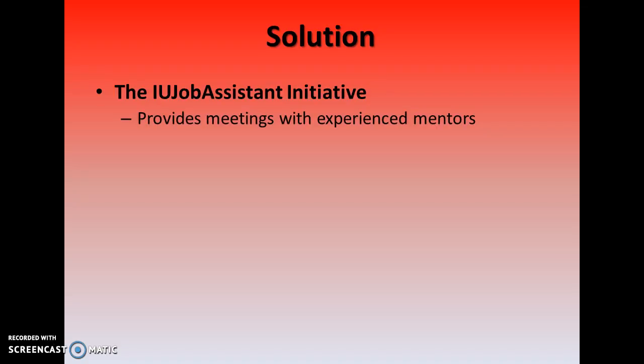So the IU Job Assistant Initiative would provide meetings with experienced mentors. I think this is very important to have because I think students are just missing that little bit and could use a mentor to help them succeed. We obviously have a resume builder tool. However, that one-on-one interaction with somebody that maybe, for instance, conduct a mock interview and actually look at their resume